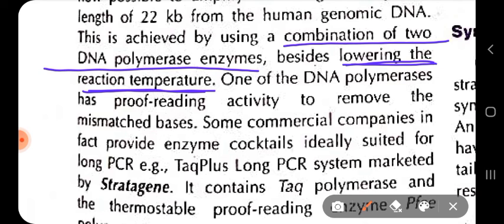So they have lowered this reaction temperature, and they have used two different types of polymerase enzymes for modifying